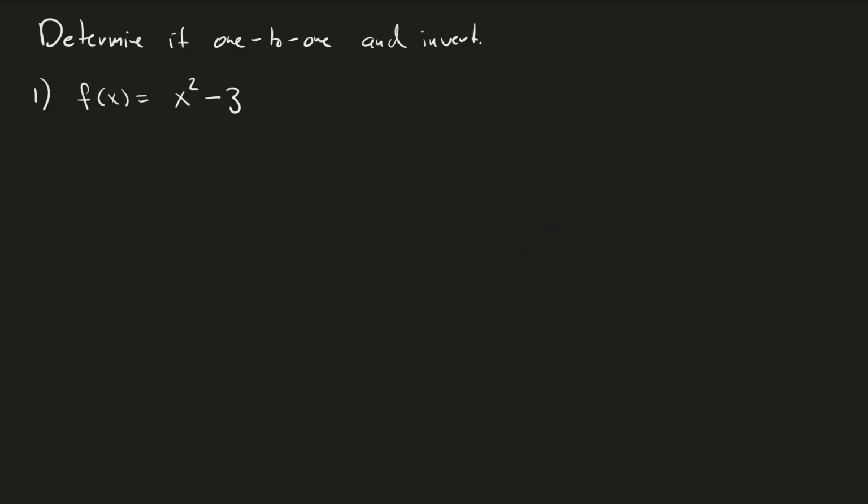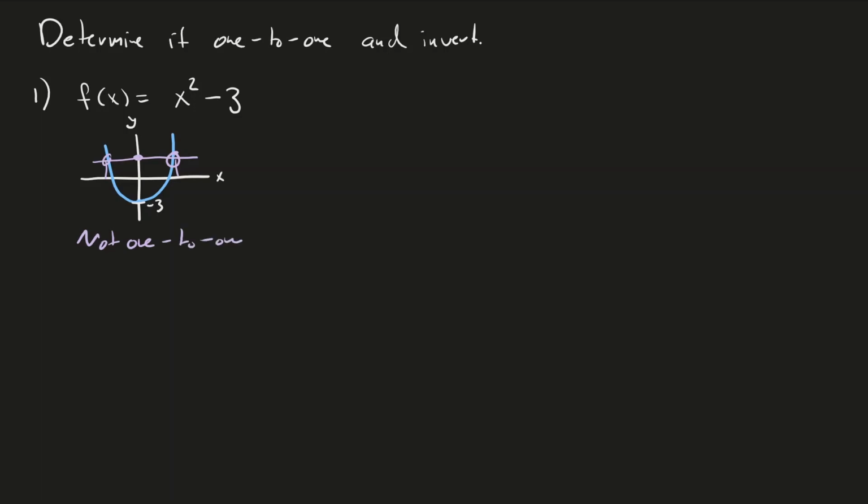So the first example is determining if a function is one-to-one and inverting it: f of x is equal to x squared minus 3. So let's try to check this via the functional one. Now, the quick way of doing it is if we were to graph it, this function looks like this, where this value down here is at -3. That's a very quick sketch, I'll be honest with you. But initially, you can see that this thing is very much not one-to-one. So if I pick whatever value that is, we see 1, 2. That will correspond to two different things. This is not